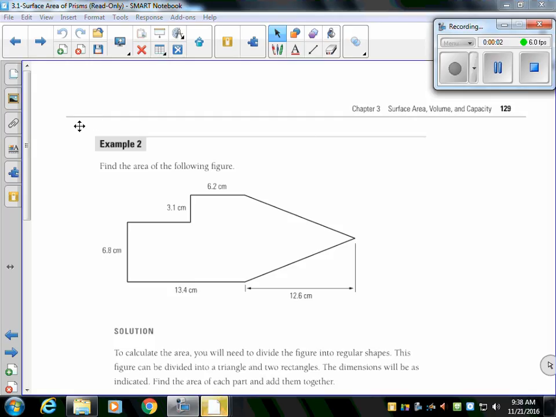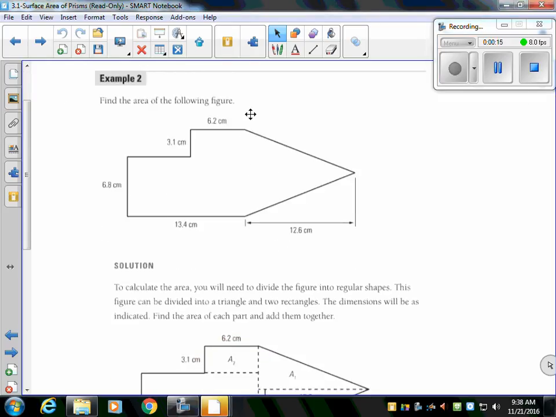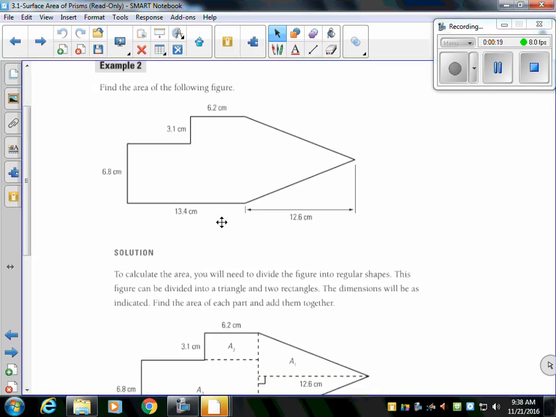So we're carrying on with 3.1 part A, example 2. Find the area of the following figure. So if we look in this figure, we probably can see some triangles, we can see some rectangles, and we can cut them in a couple different ways. We can cut straight down here,